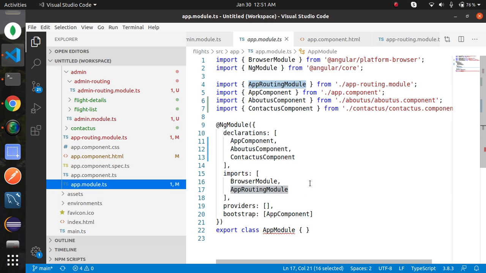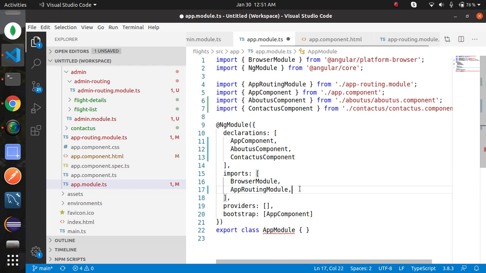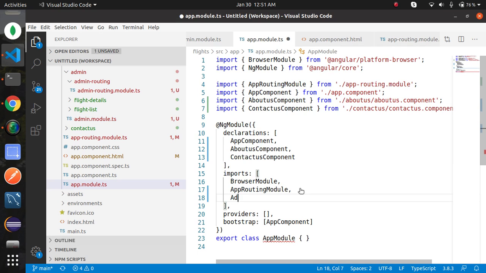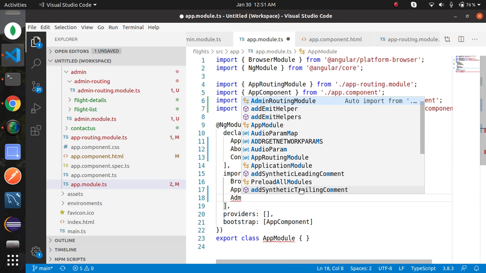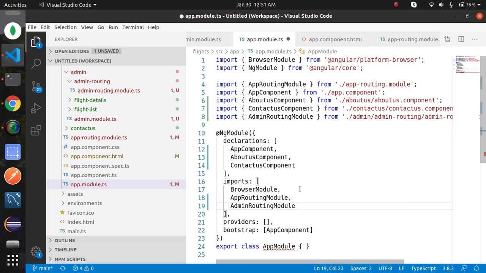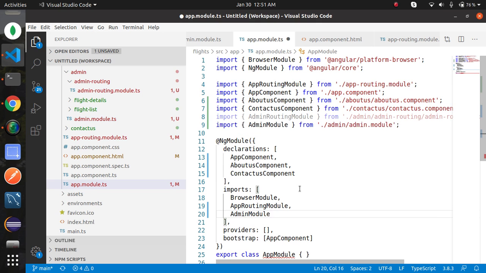So import here admin module, sorry, admin module here. Remove this line,